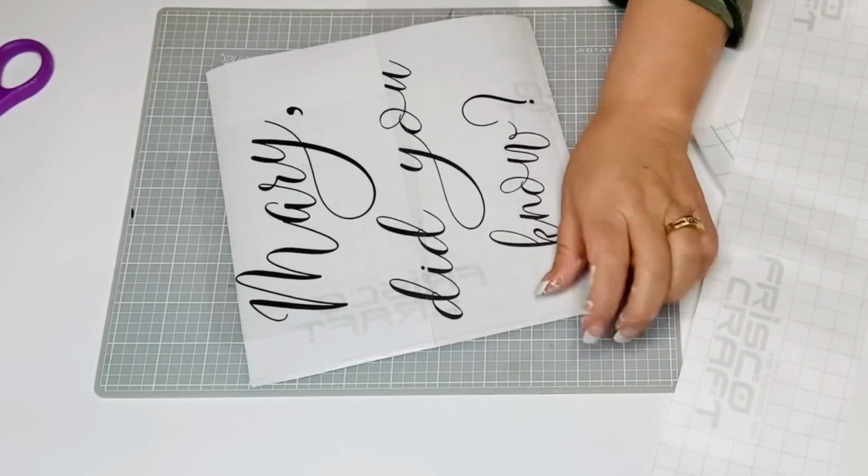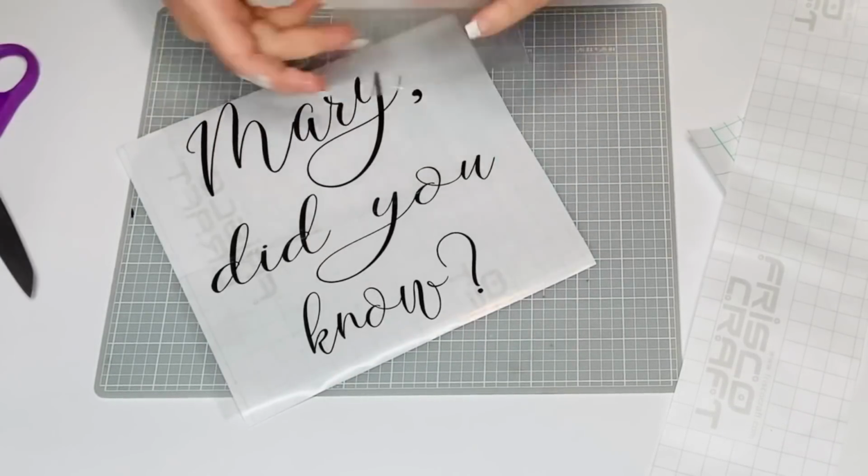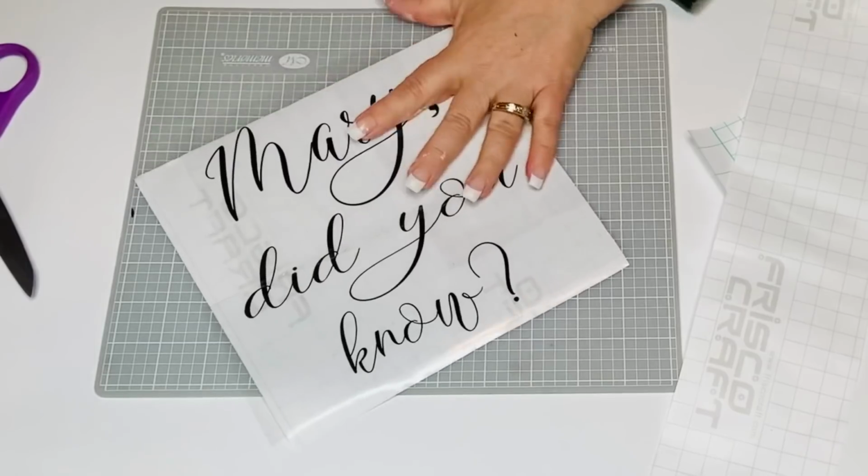So now I'm going to be using my Silhouette Cameo 3 to cut out the words Mary Did You Know, and I'll be using my FRISCO Craft adhesive vinyl in black matte,